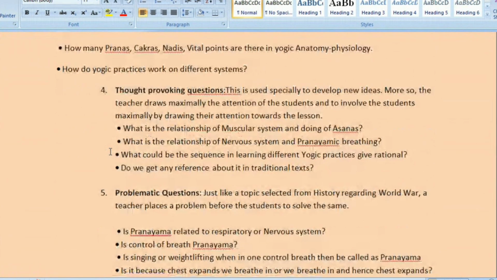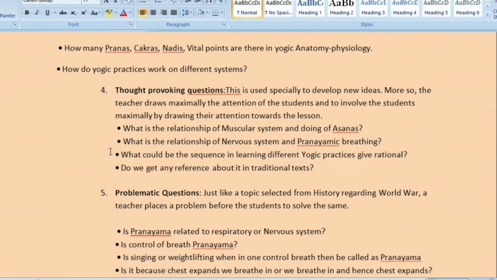Third, thought provoking questions. This is used especially to develop new ideas. More so, the teacher draws maximally the attention of the student and involves the student maximally by drawing their attention toward the lesson. So the examples of thought provoking question are: what is the relationship of muscular system and